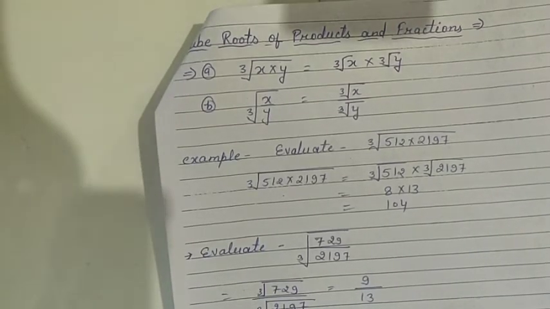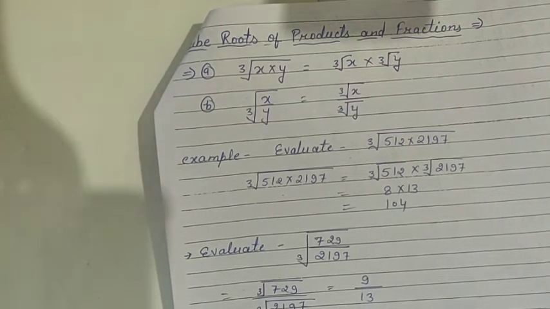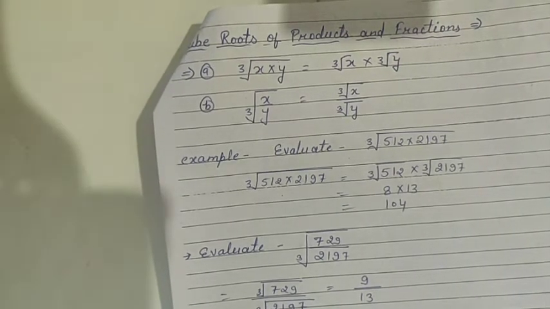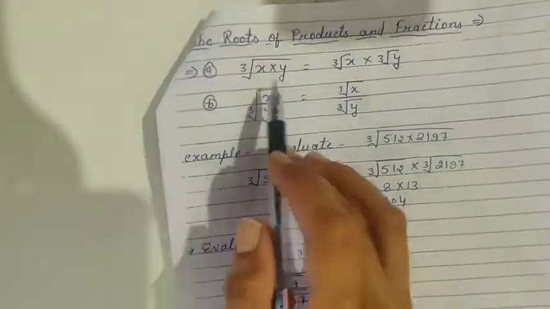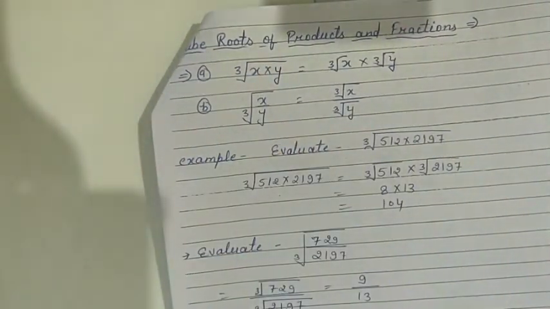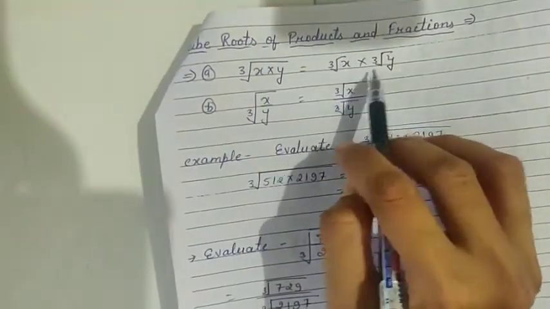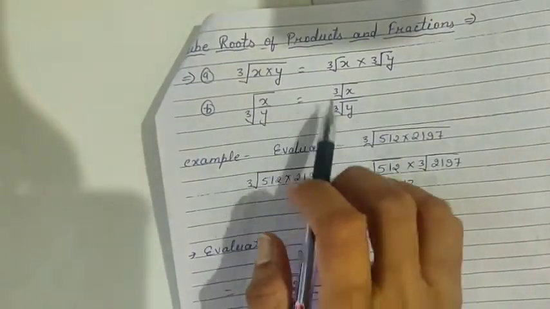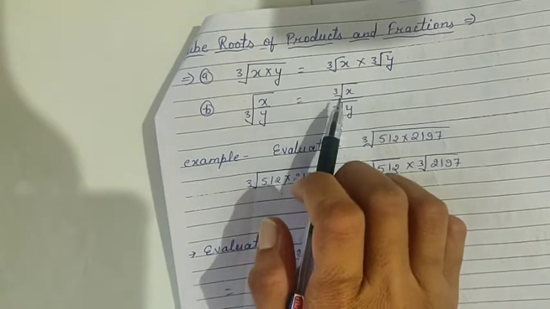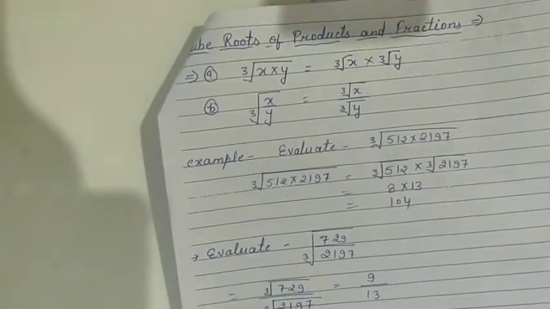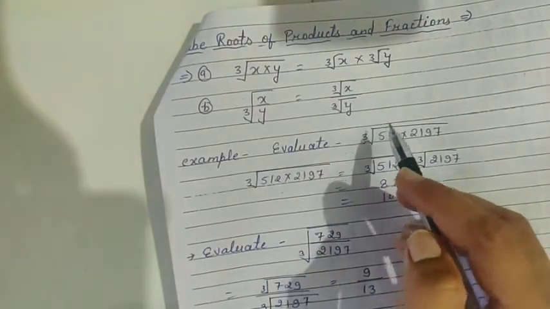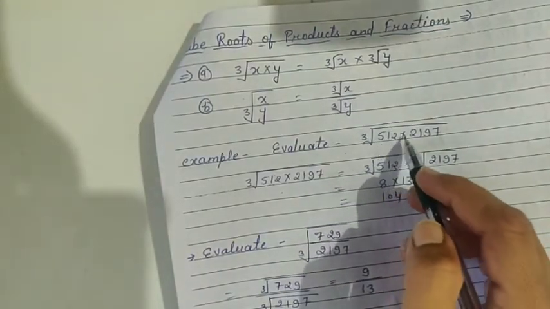Hello students, we were doing our chapter cubes and cube roots, and today we will do cube roots of products and fractions. Students, cube root of x into y equals cube root of x into cube root of y, and cube root of x upon y equals cube root of x upon cube root of y. For example, we have to find cube root of 512 into